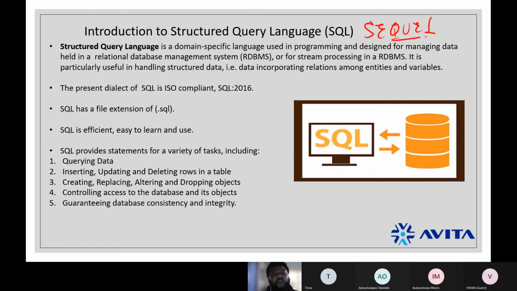Remember yesterday we talked about relational database management system. So SQL basically is the language that we use to communicate with a relational database management system. Basically, that is what it is. Forget all the plenty English that you have there. That is basically what SQL does. It is the language that we use to design and manipulate. So it says it is a domain-specific language used in programming and design.